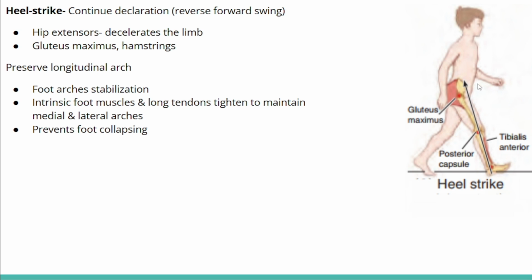This is done by the hip extensors. These hip extensors, gluteus maximus and hamstrings, decelerate the forward swing of the limb. And also, to prepare for the entire foot touching the ground and to maintain stability, and for weight